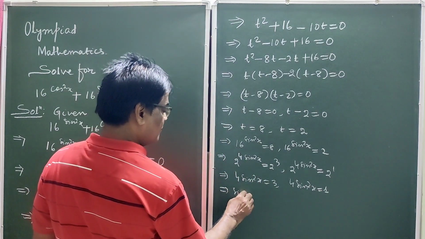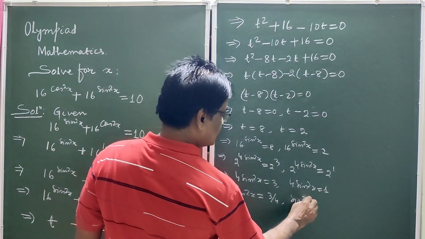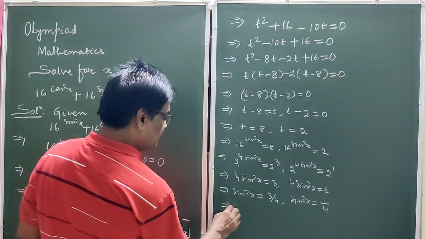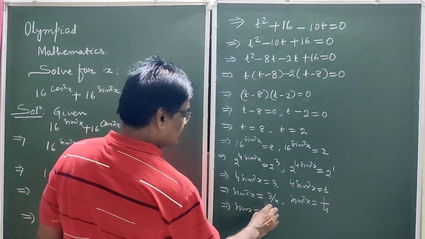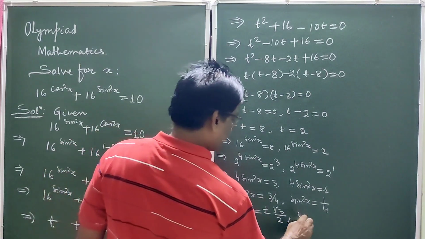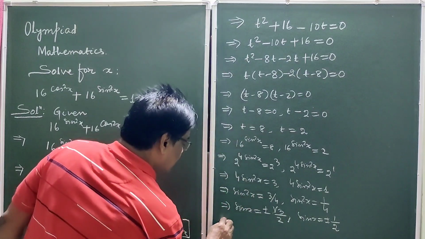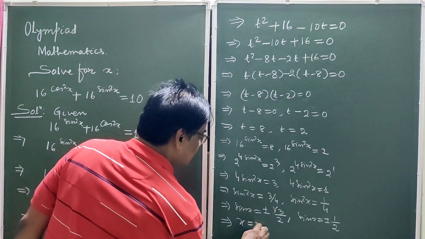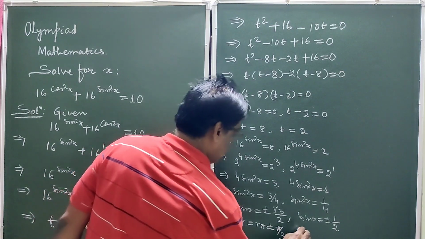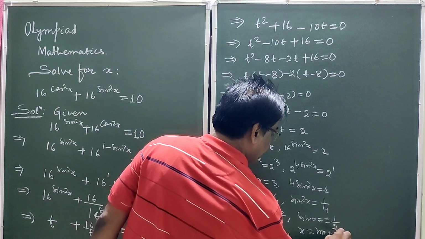This implies sin square x is equal to 3 by 4. Here it is sin square x is equal to 1 by 4. This implies sin x is equal to plus minus root 3 by 2. Sin x is equal to plus minus 1 by 2. So this implies x is equal to n pi plus minus pi by 3. x is equal to n pi plus minus pi by 6,